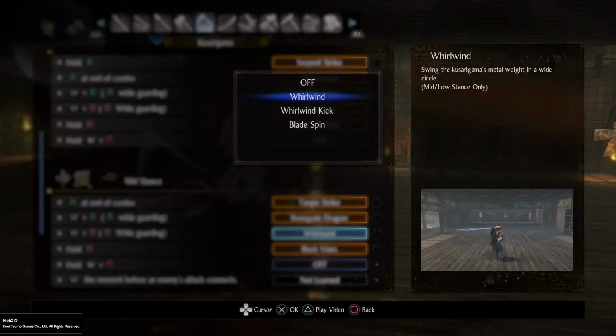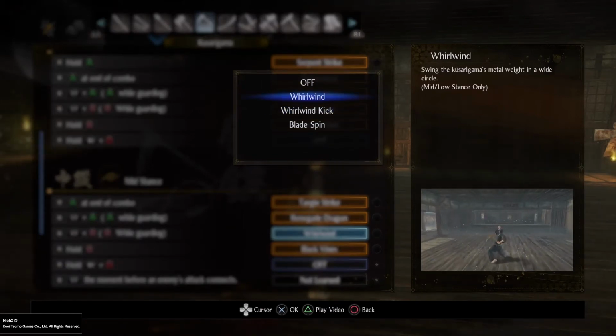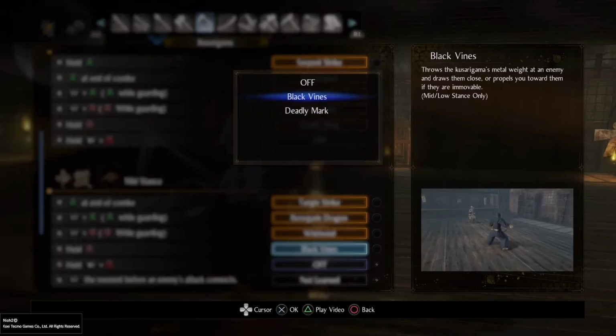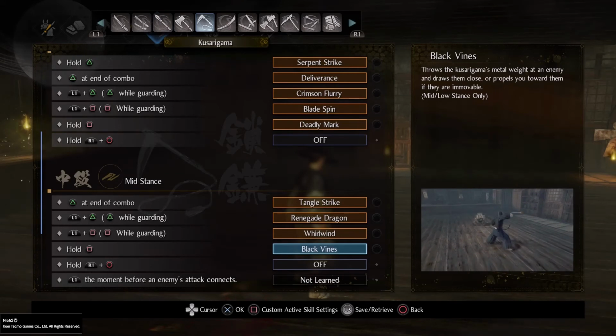Here we're going to go Whirlwind. Again, you can go a Whirlwind Kick. It does key damage, but Whirlwind does more overall damage, so I'm just going to go a Whirlwind for right now. Black Vines is here just to show you how it works against humans and yokai, because I told you